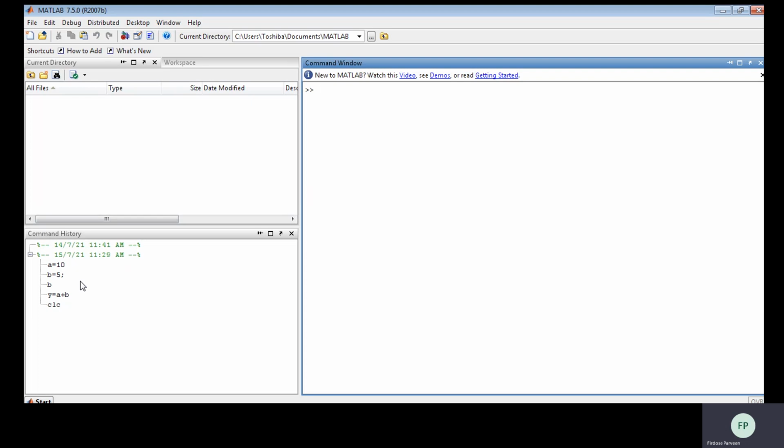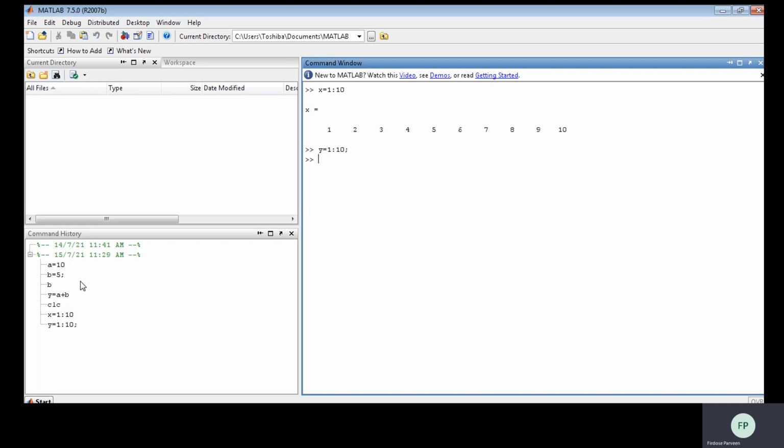Let us first give some values, like x is equal to 1 colon 10. So x is equal to 1, 2, 3 till 10. I'll give y is equal to 1 colon 10.